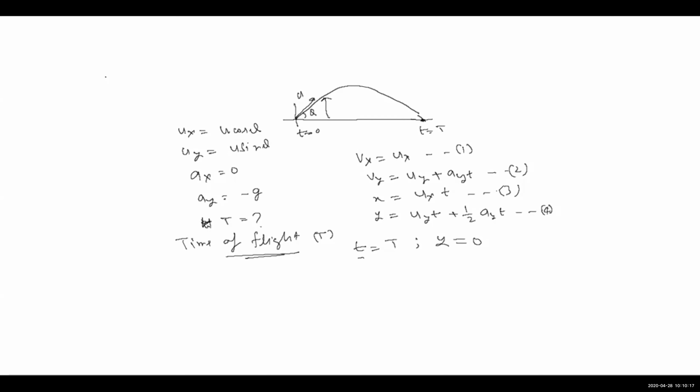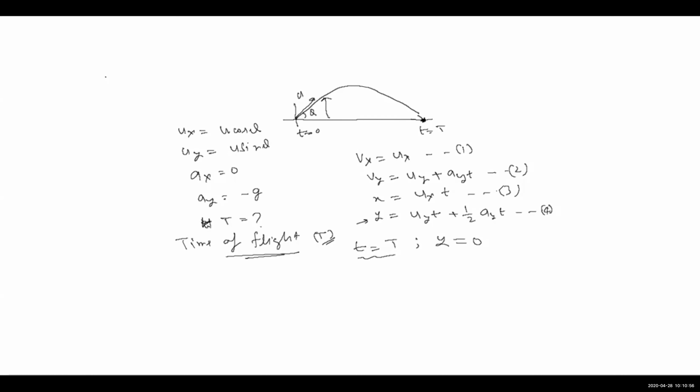If I use this condition in any of the equations, I'll be reaching this instant. So which equation should I use based upon this condition? Vy equals uy plus ay t. Okay. If I use that, I'll be putting the time, ay I have, uy we have, and I'll get Vy. Am I interested in calculating Vy right now? I'll be getting the y component of velocity at this time. Right now, we don't want that. We want this.